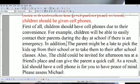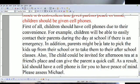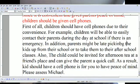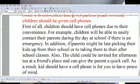In addition, parents might be, I'm going to say might be late picking. I'm going to use a gerund here. Picking their kids up. So picking up their kids from school. We have or taking them to their after school classes. I would just say if parents